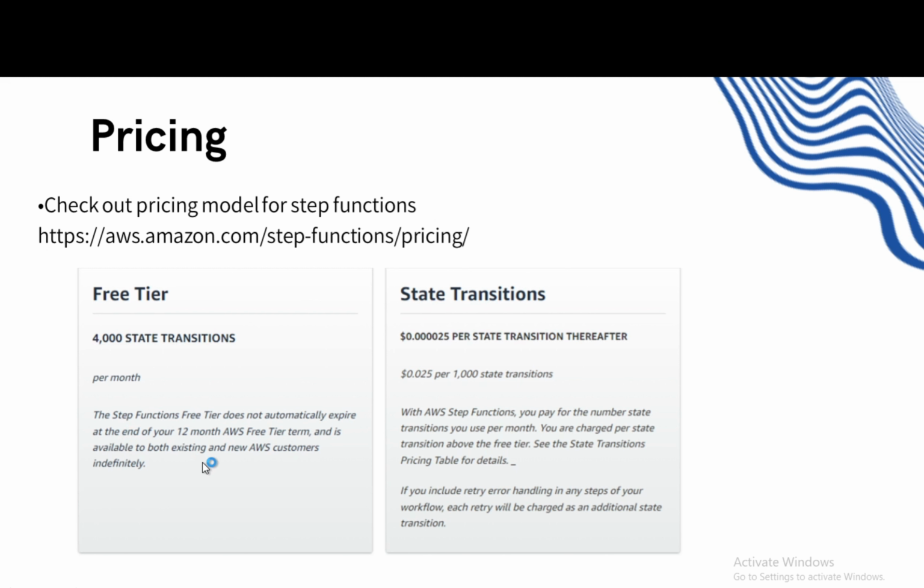That means if we create an AWS account, a 12-month AWS free tier account, it is available to both existing and new customers. We can execute 4,000 state transitions per month. After that we are charged $0.000025 per transition, which means $0.025 per thousand state transitions. So this is how the pricing model of